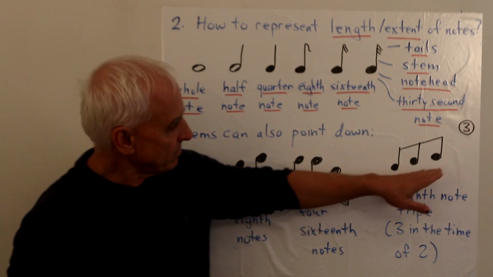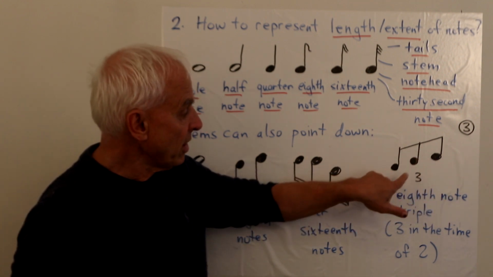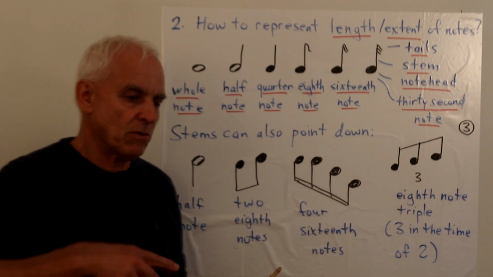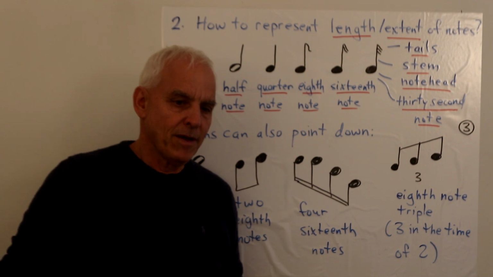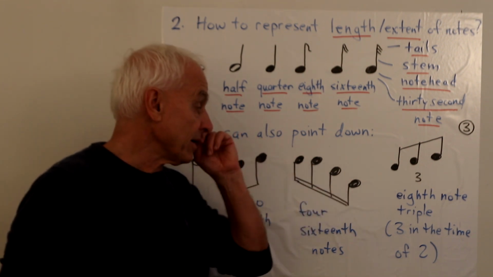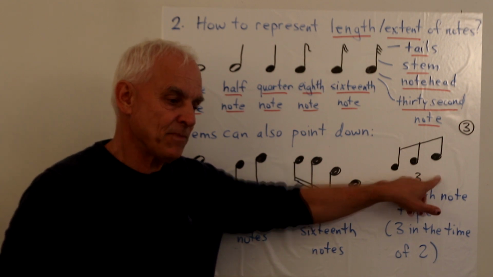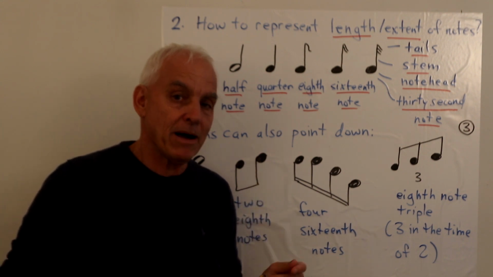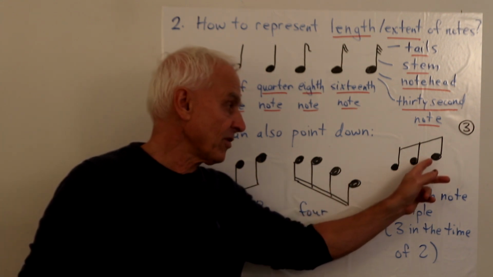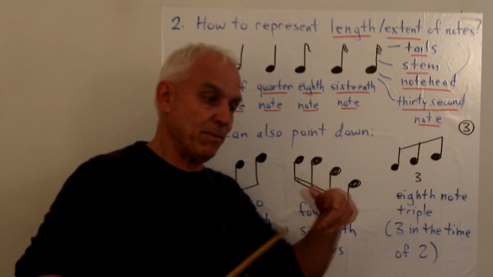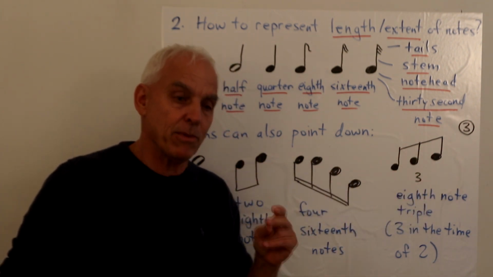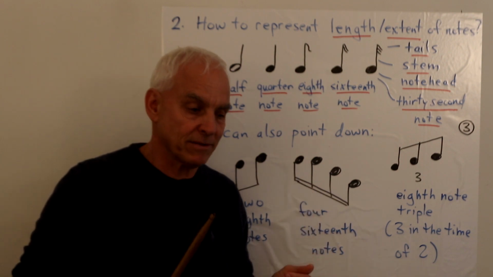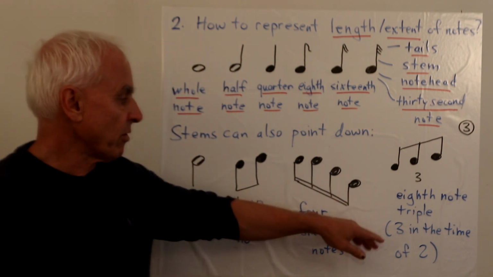And there's another kind of situation that we actually saw in the mazurka where we had 3 things together with a little 3 under there. That's telling us that we should play 3 of these in the time of 2. So if these are eighth notes, and here is our beat, ordinary eighth notes would be like this. Ba, ba, ba, ba, ba, ba, ba, ba. If we have something like this, they look like eighth notes, but there's 3 of them in the place of 2. So instead of ba, ba, ba, ba, we would play ba, ba, ba, 3 to a beat instead of 2 to a beat. So that's an eighth note triplet, 3 in the time of 2.